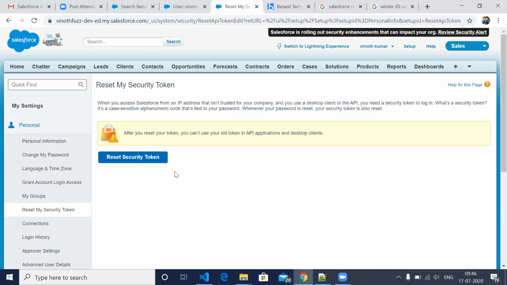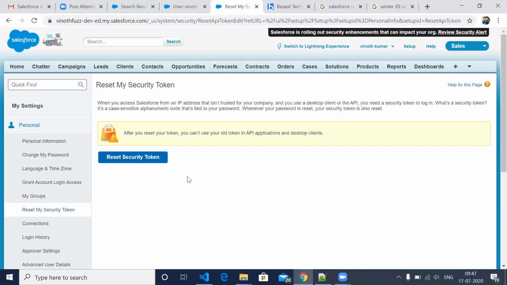For making all those transactions, let's say you are uploading in Instagram, and at the same time it's getting uploaded in Facebook. How is it happening? Instagram has to access your Facebook account using your username and password, right? In the same way, in Salesforce we have something called a security token.